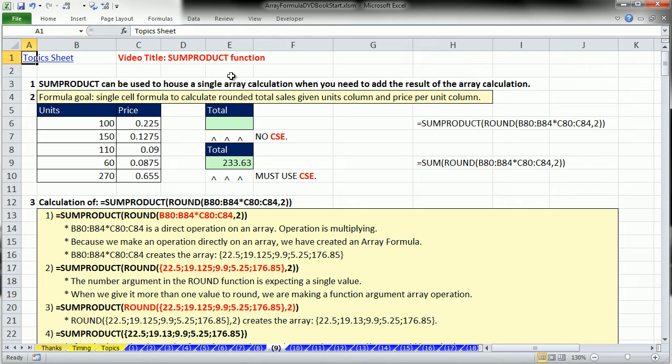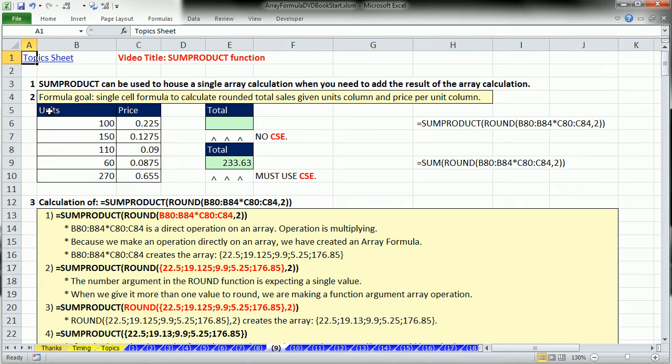Now, we've already seen that the SUMPRODUCT function is amazing because it can handle array calculations without that special keystroke Ctrl Shift Enter. And we will, by the end of this video series, see that this is one of 4 functions: the SUMPRODUCT, INDEX, AGGREGATE, and LOOKUP functions that can all handle array calculations without that Ctrl Shift Enter special keystroke. Now, our first example, I just want to remind us of what we've used SUMPRODUCT for already